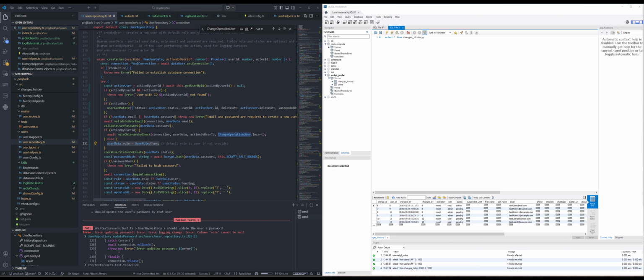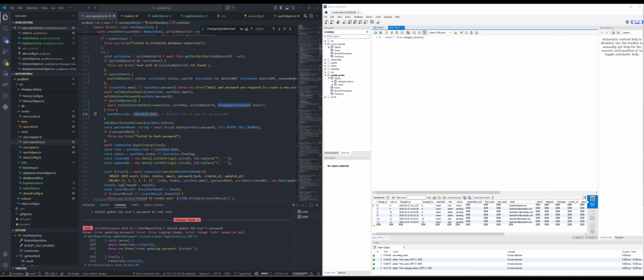So if the user is unknown, if the person comes from nowhere, we are only creating user. And if the user doesn't give anything to user role, then we give the user role user. Too many user words right now, but I need to describe the logic